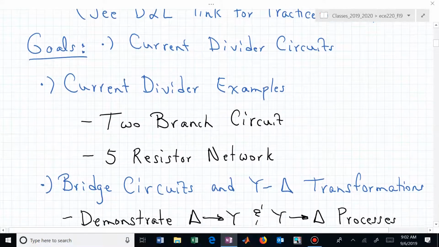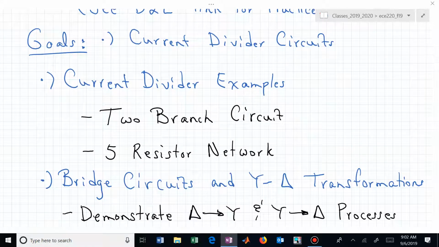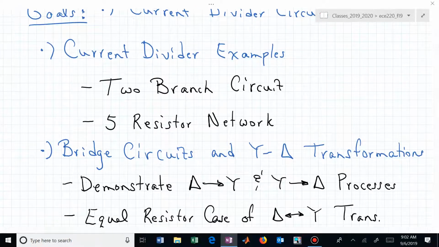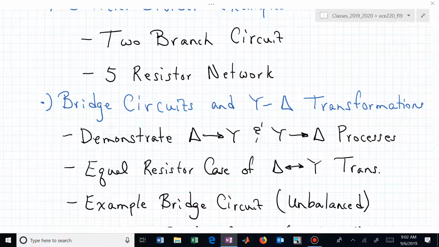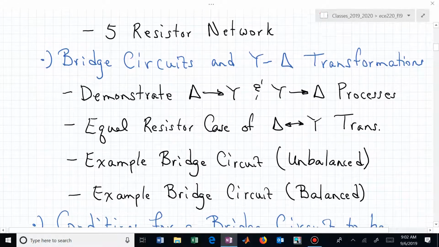We're finally getting there. We're finally going to divide current. We've been dividing voltage a lot. Today we will start with, instead of continuing to put it down on the list, let's begin with the current divider and work through that. Some examples with a somewhat common 2-branch circuit, then a more complicated 5-resistor network, and then we'll get into bridge